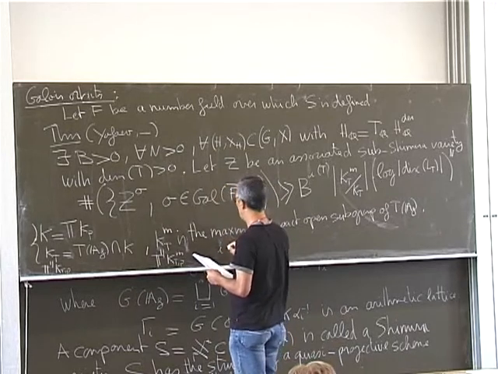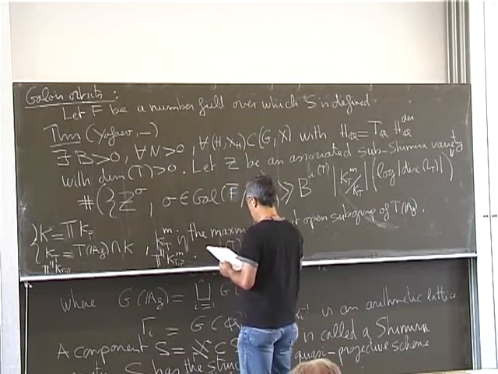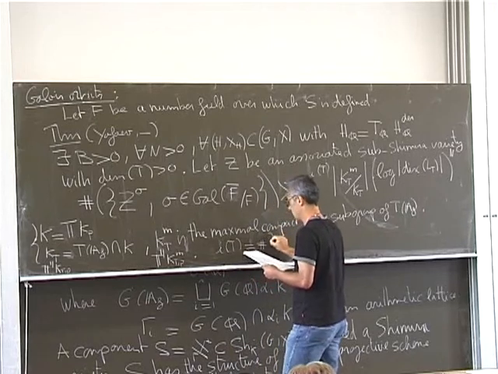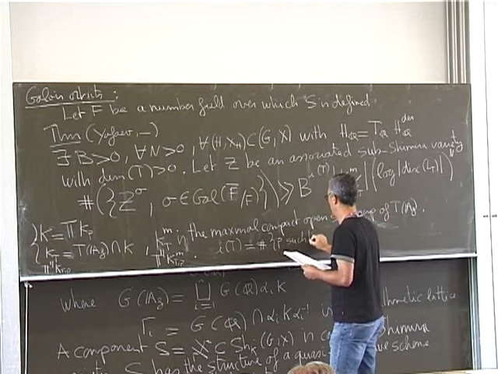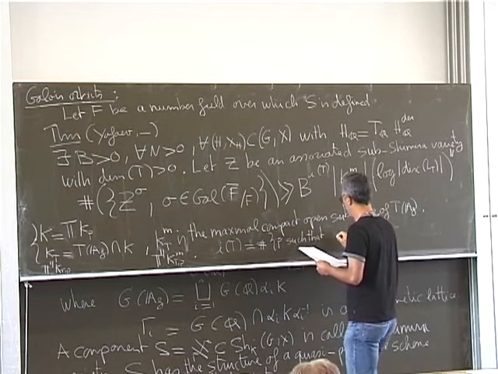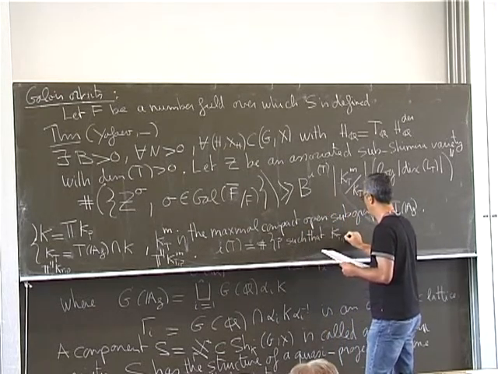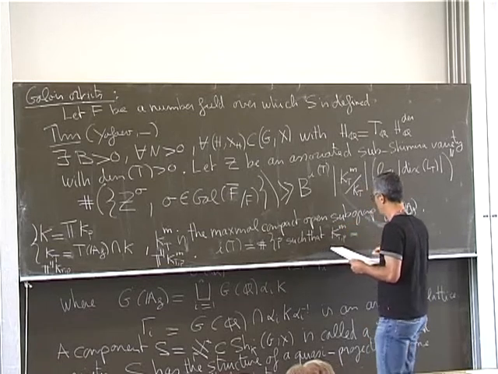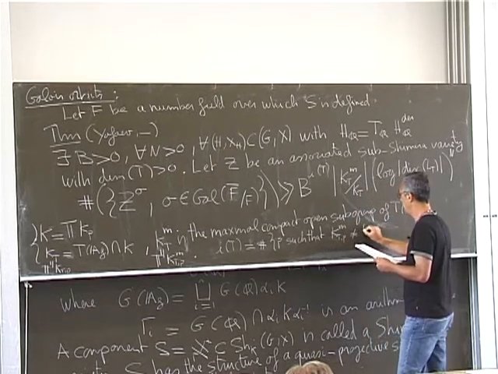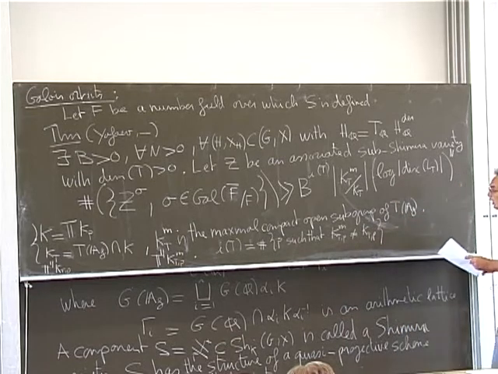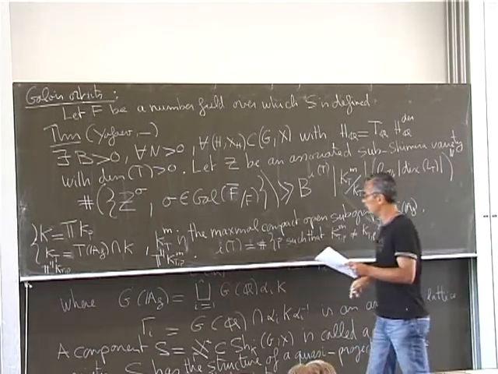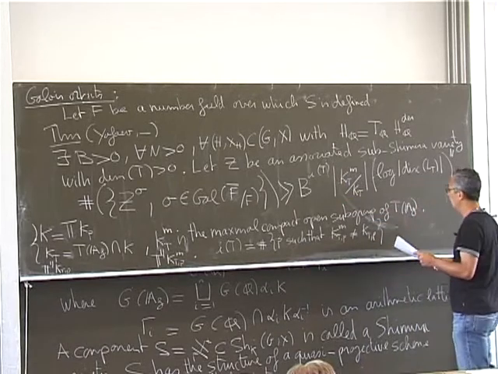So the constant I(T) is the cardinality of the set of prime numbers such that K_{T,p}^M is not K_{T,p}. So it's a finite set, and I take the number here. And